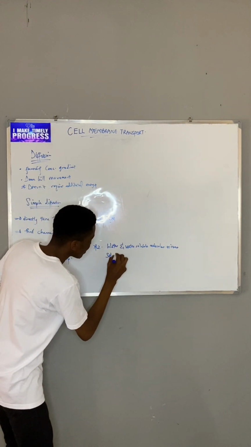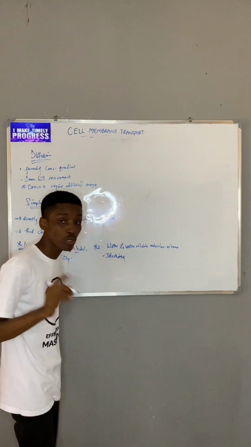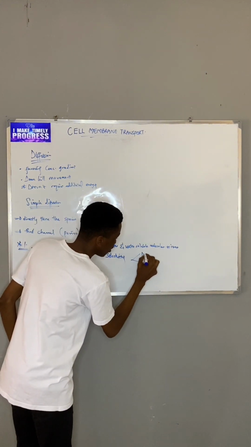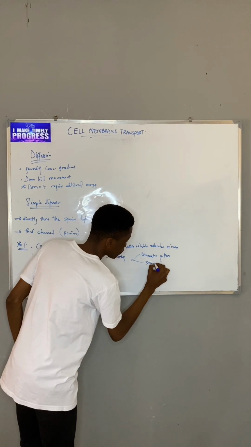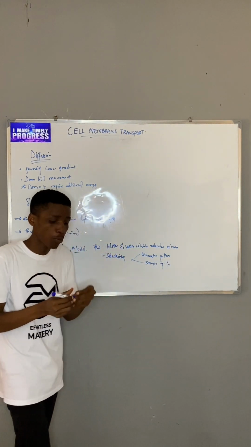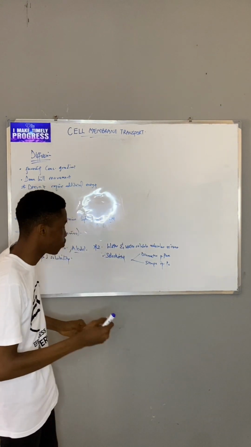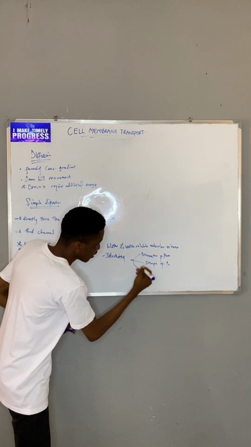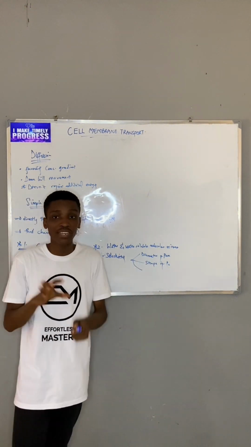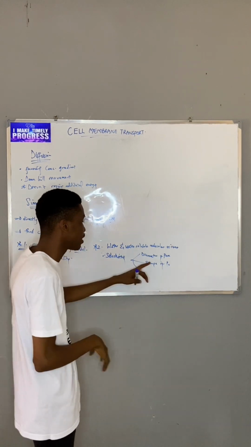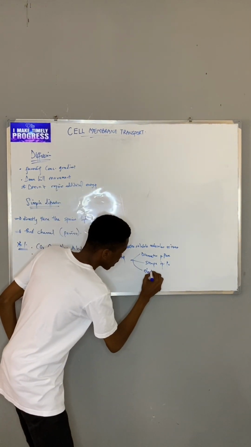So these channels convey what we call selectivity. And how do they convey it? One, by the diameter of the pores. Apart from the diameter of the pore, it could even be the shape of the pore. Of course, if the pore is circular, it will allow circular things to pass. If it is rectangular, other things like that could pass. Diameter will affect the size of what is entering, and then we could also have the shape. And likewise, we could even have electrical charges